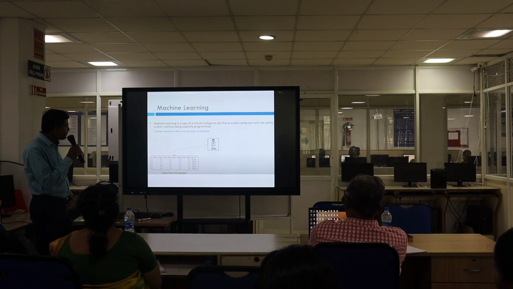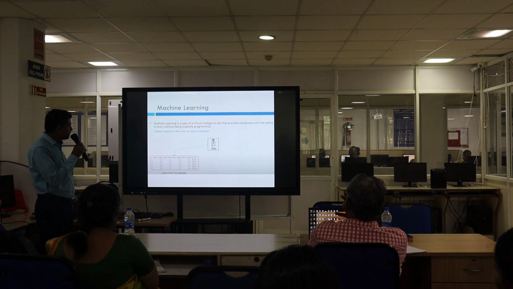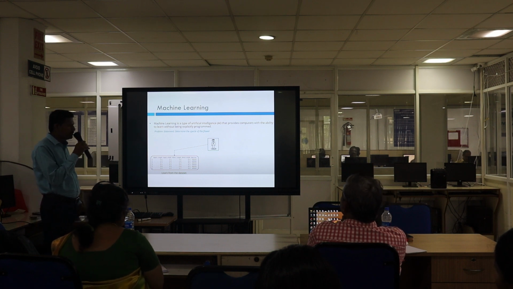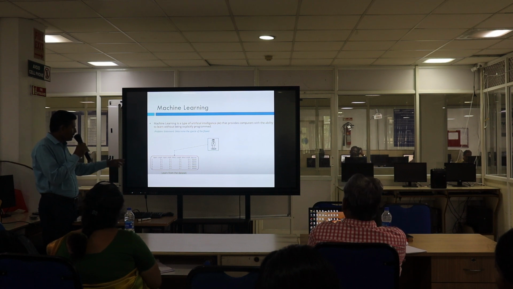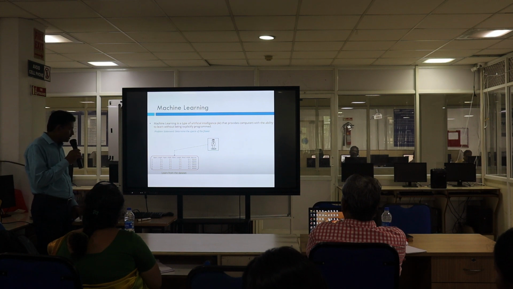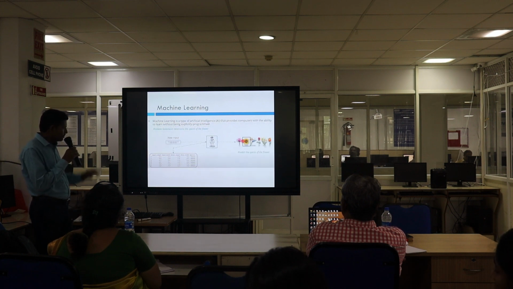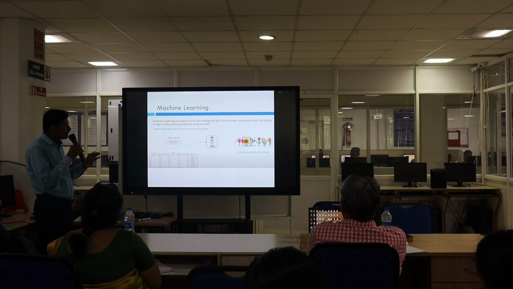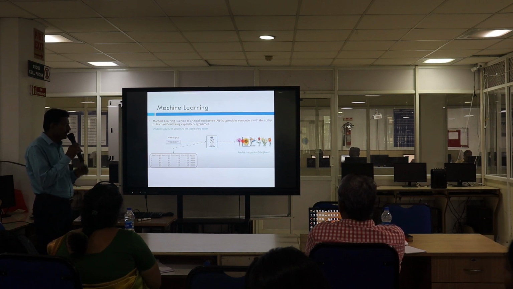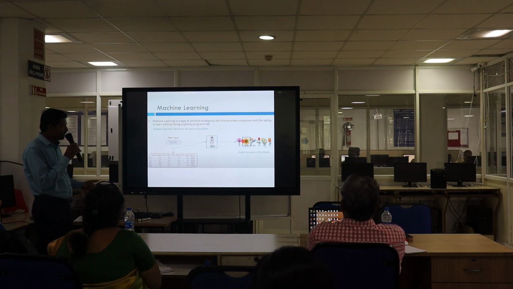So with that in mind, the problem statement is determining the species of a flower. A data set is given with sepal length, sepal width, petal length, petal width, and the species is Setosa. We have to find what type of flower it is. The data sets will be given to the machine, and we have to train the model. We have to predict and finalize whether it is a sunflower or rose or something else.